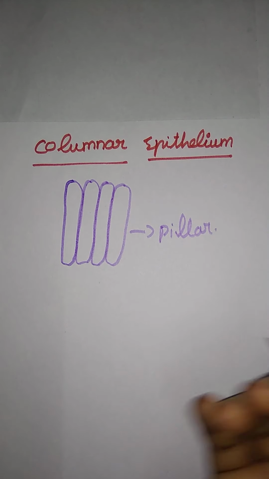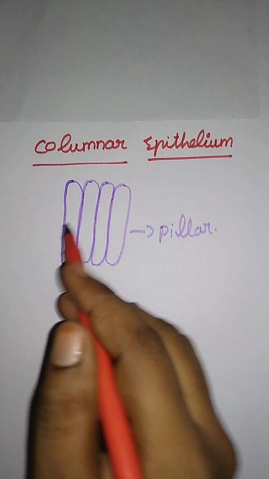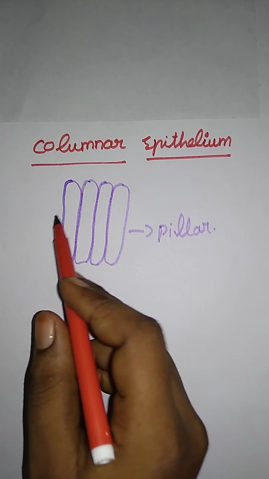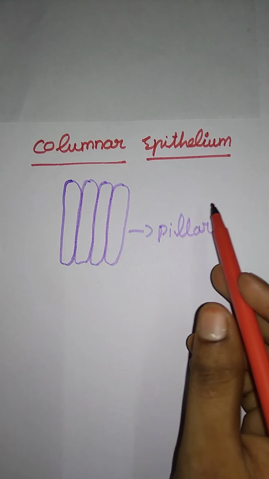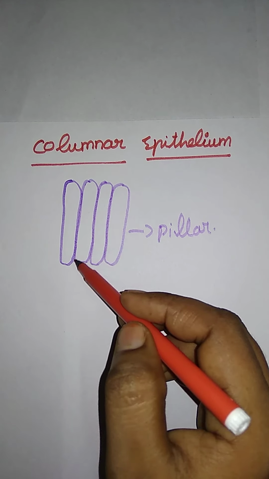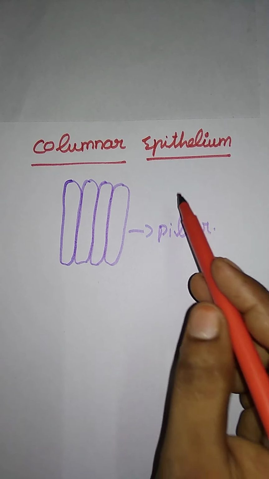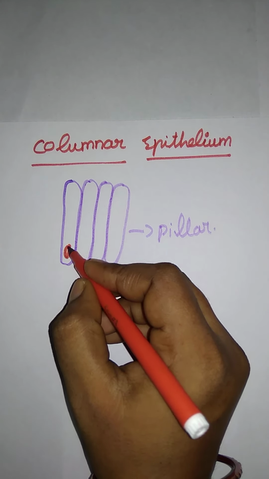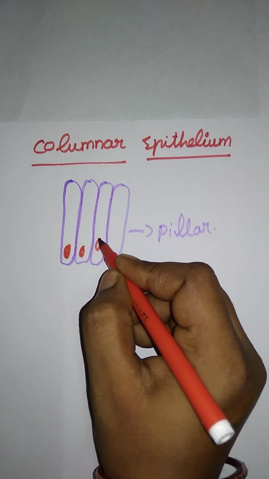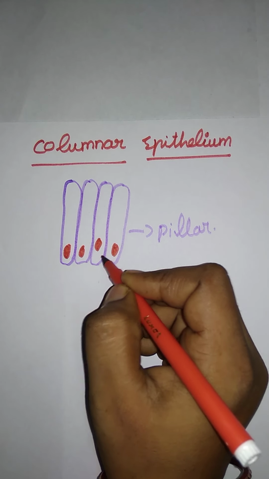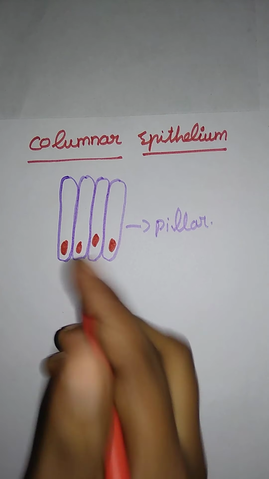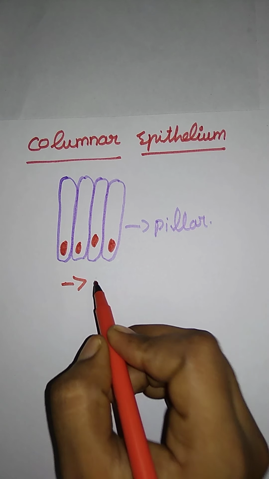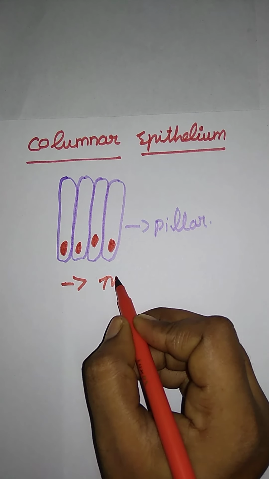Okay, just like this, the pillars of single layer. We already said that all the simple epithelium are having a single layer of cells, a slender-like position and elongated pillar-like structures of a cell. Here the nucleus is present at the base of a columnar epithelium. Just like that, the nuclei are presented here at the base of a columnar cell.